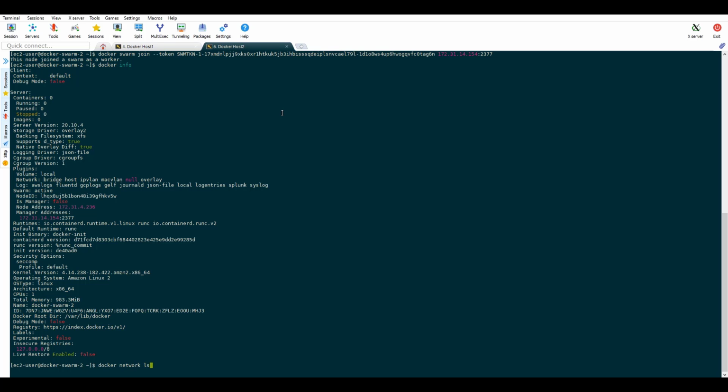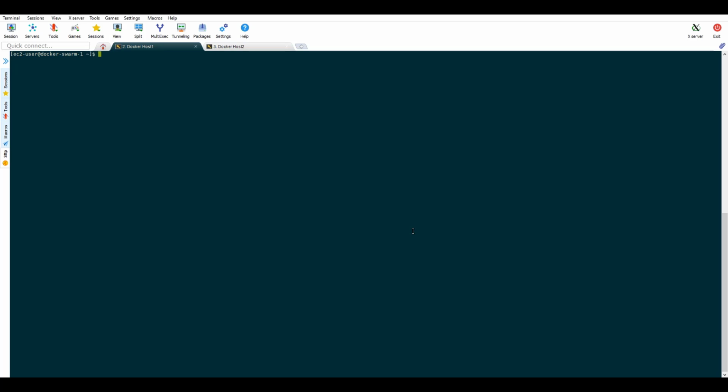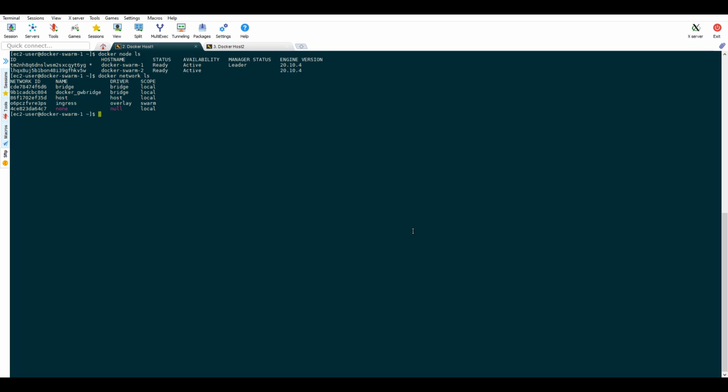If we list the created networks, we will see the two networks docker_gwbridge and ingress are created. docker node ls will list the Docker hosts that are currently part of the Docker Swarm cluster. Now we list the networks that are created and we will inspect the ingress.